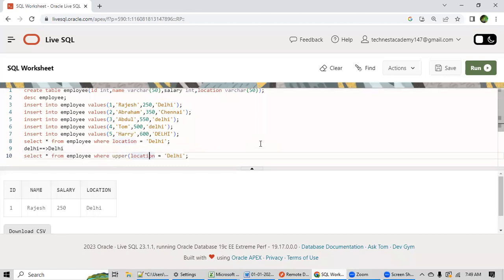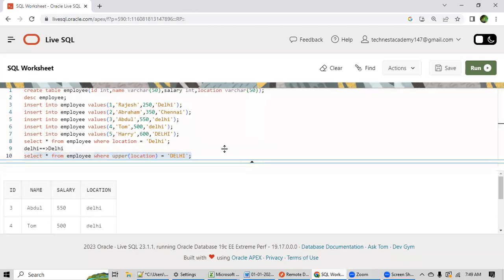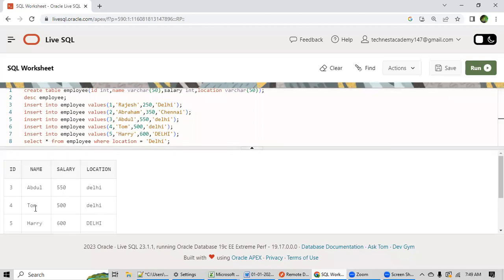I will write upper location equals Delhi, and I will write Delhi in all uppercase as well. Now I am running this query, and please check. The shortcut is Control Enter to run. Now tell me, is this the correct output? Abdul, Tom, Harry, and Rajesh. Is this the correct output?